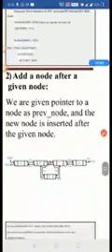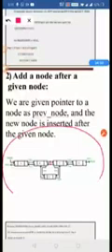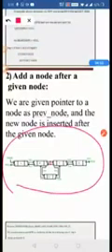Now if we want to add the node after any particular given node, see this example. We have the pointer as previous node and the new node is inserted after the given node.